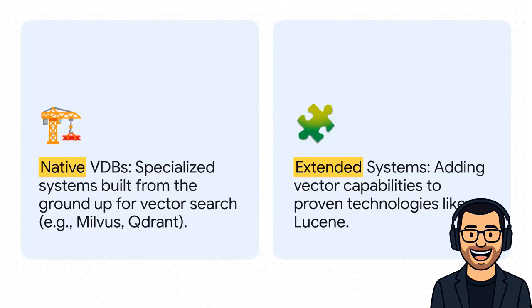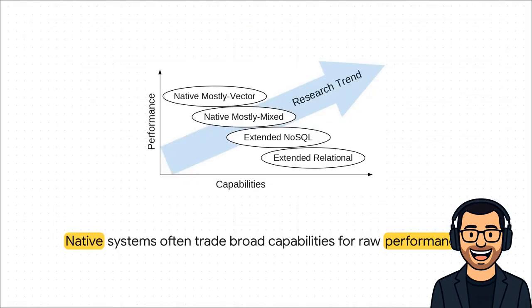And that question sets up the two big camps in the industry right now. On one side, you have the native vector databases, companies like Milvus and Pinecone, who are building these hyper-specialized systems from scratch just for this one job. And on the other side, you have the established giants adding vector features to their already battle-tested familiar databases. And that creates this fundamental trade-off. As a general rule, the native, specialized systems are often optimized for raw vector search speed. They can be incredibly fast. The extended systems, on the other hand, might not be quite as quick on that one specific task, but they give you a much more unified, all-in-one data platform, which is a huge plus for a lot of companies.